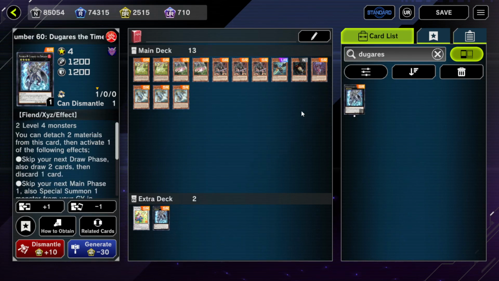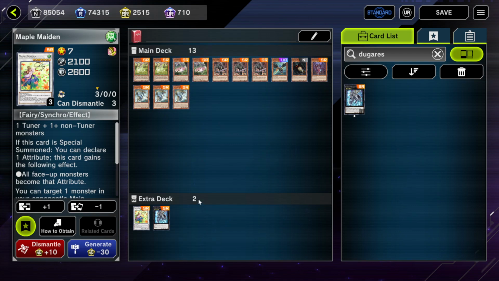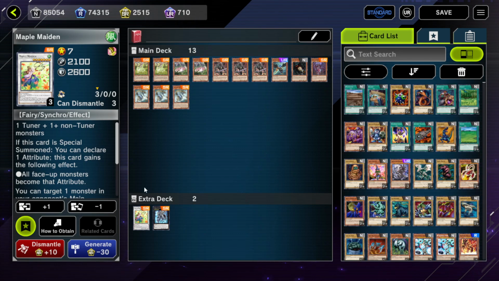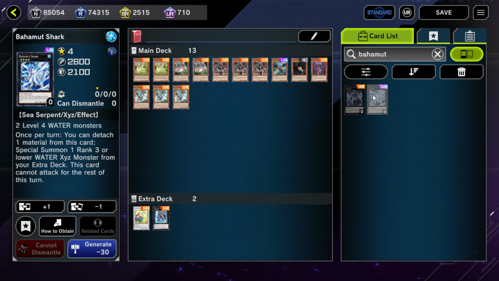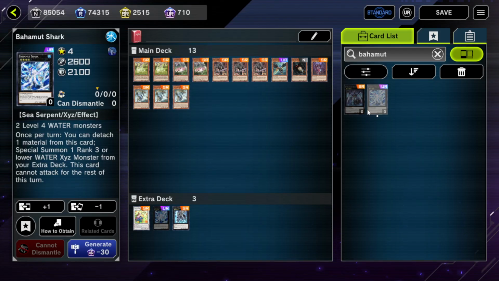So we're going to start by sending a Distrito, and we're going to use this to make the Maple Maiden, right? And this enables a lot of plays if we summon the Maple Maiden. Specifically what I want to summon with the Maple Maiden is Bahamut Shark. And Bahamut Shark doesn't actually lock us, so we can just use this as link material, I guess. And it's slightly more efficient, I guess, than maybe...